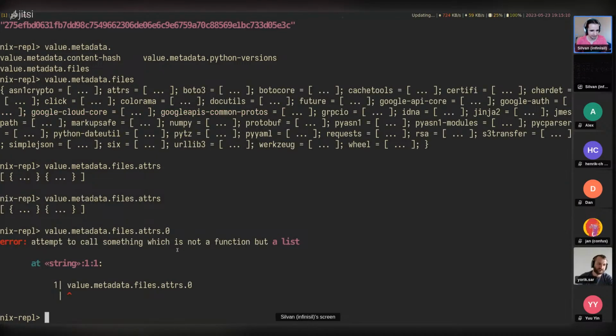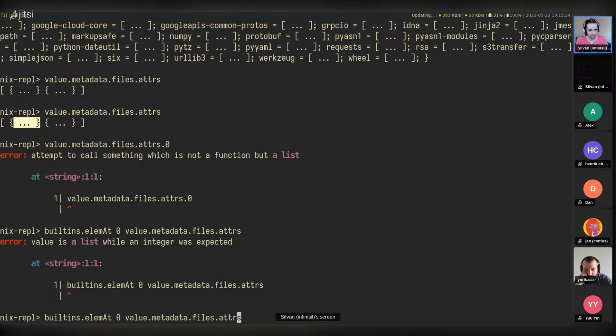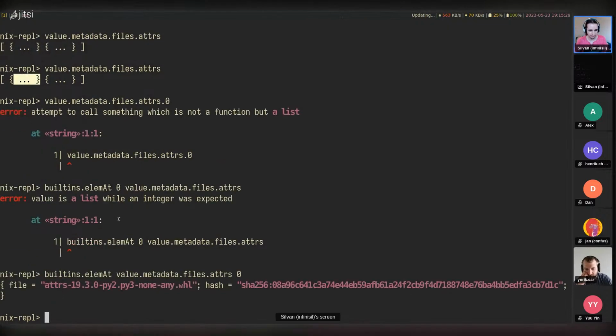This would be convenient. So this is a list of values, and I just want to inspect the first one here. What we have to do is builtins.elemAt or lib.elemAt, and then 0, and then the thing. Oh, actually, it's the other way around. So then we get access to this.